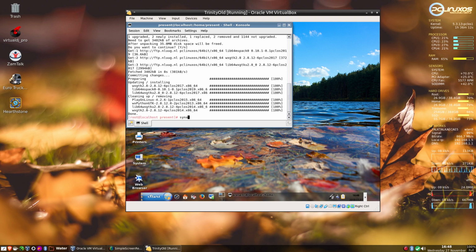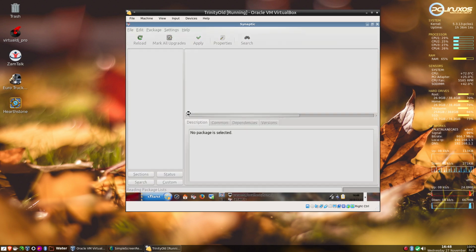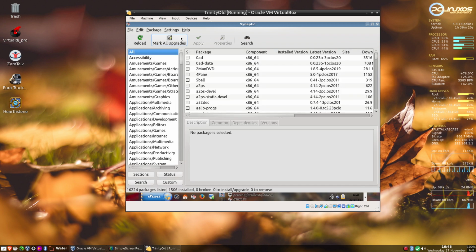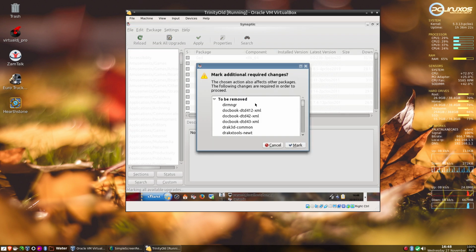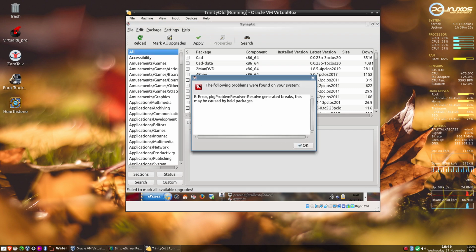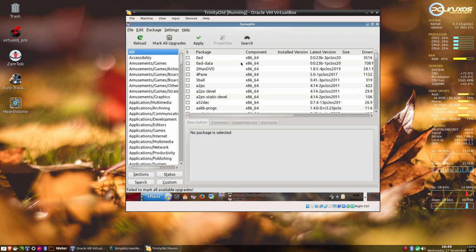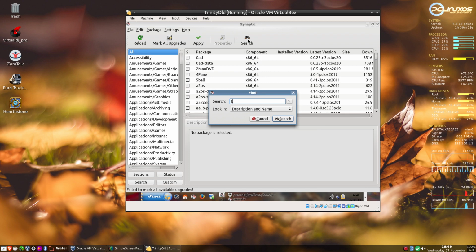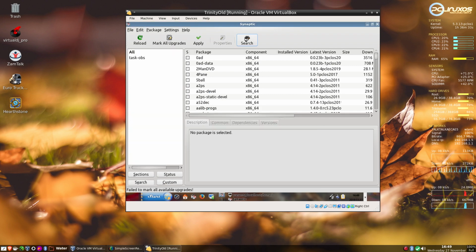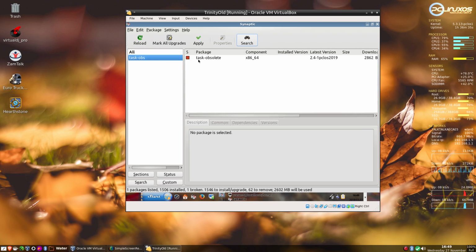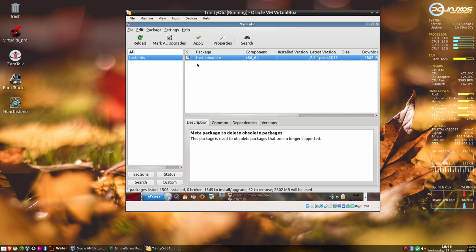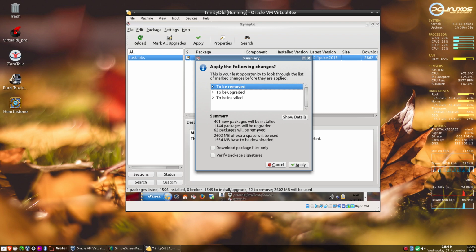I'll just run Synaptic from the command line because it literally makes no difference. Let me mark all upgrades now, and it's still going to complain. Don't want to buy help packages. So what the help package is task obsolete, but it looks like I'm doing task OBS there, but it isn't. It's task obsolete. We'll unmark that. Now if we apply and apply,